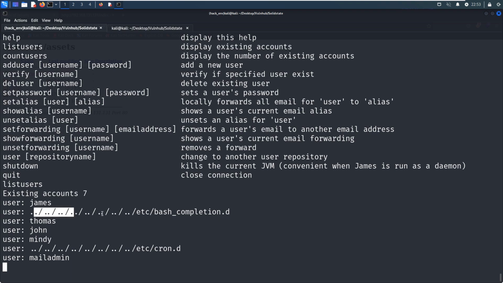I think these users were created when we tried to use Metasploit and also the Python script to exploit. The real users on the target would be James, Thomas, John, Mindy, and the mail admin. So we can copy all of them.